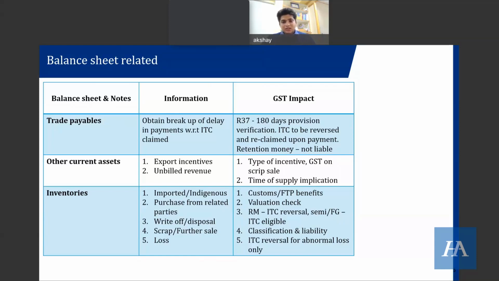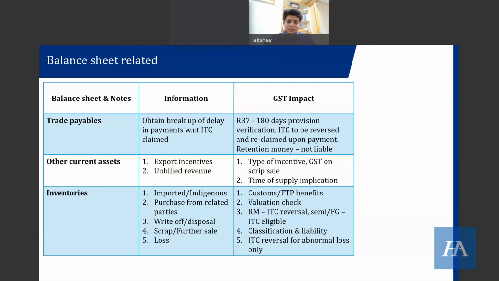Coming to import and indigenous, there may be certain customs and FTP benefits which are being foregone. Many Asian countries give a benefit upon import into India. There is a CEPA agreement, there are FTA agreements. So these are over and above just GST, and this will benefit entities in a large manner because the BCD, the basic customs duty, is always a cost. There's no credit benefit to that, and therefore, if we are able to reduce that amount, we not only reduce our cost, but it also reduces the IGST that we pay upfront and reduces our cash flow outgo also.